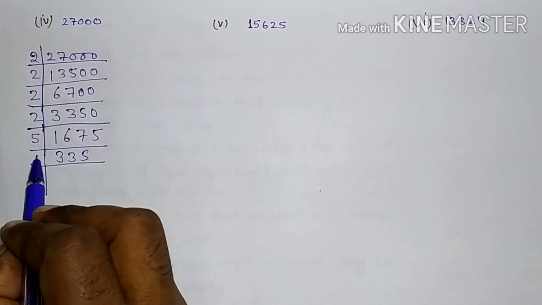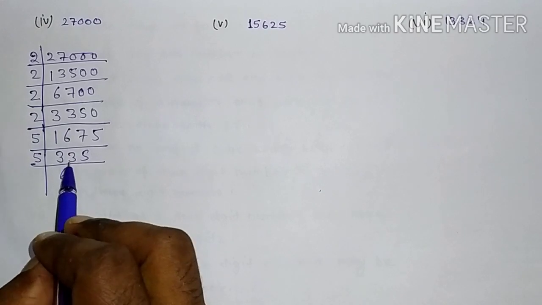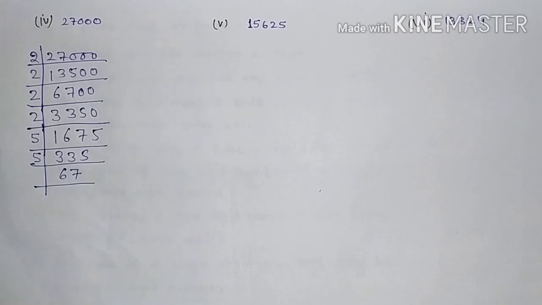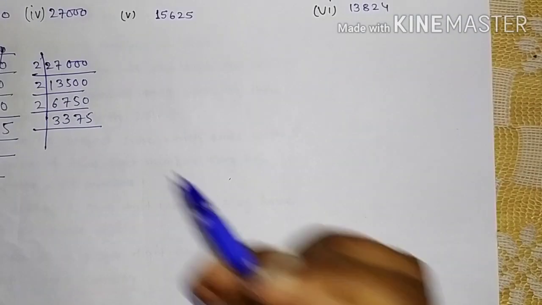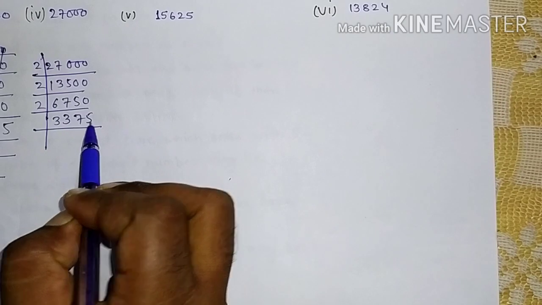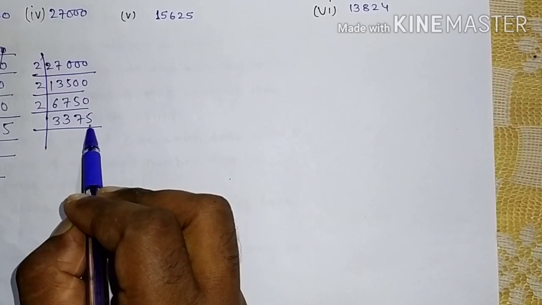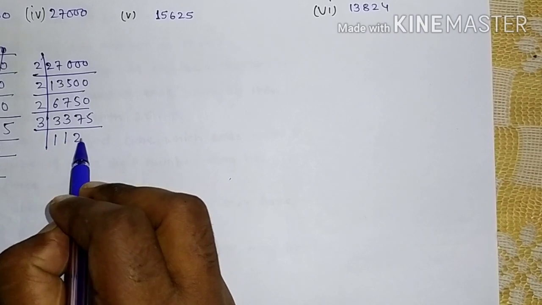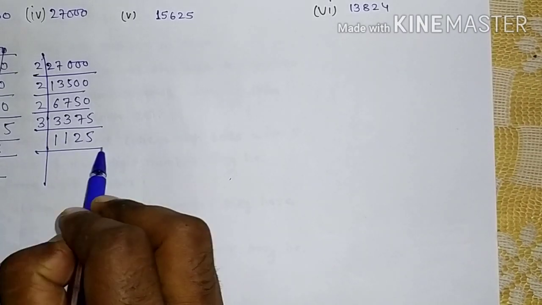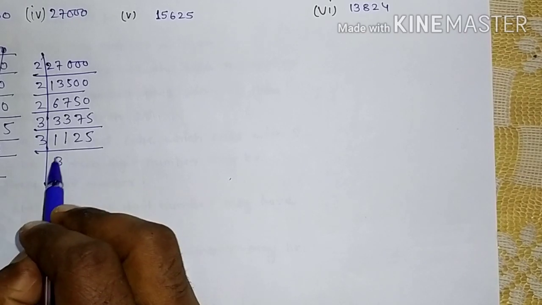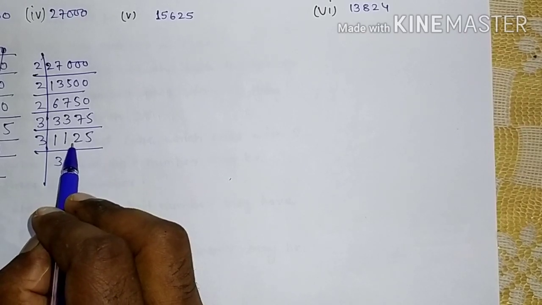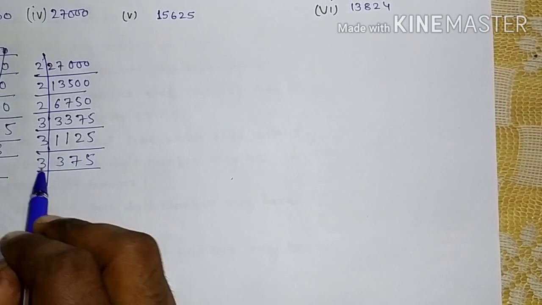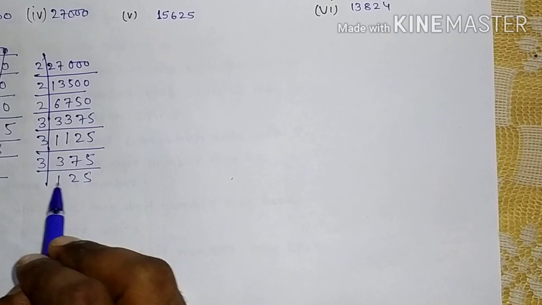Again divide by 5, so 5 6 ja 30, carry 3, 35, 5 7 ja 35. So 3375. So unit digit is 5 here, so we can divide by 3 here. 3 1 ja 3, 3 1 ja 3, 3 2 ja 6, 3 5 ja 15. Again divide by 3, that is 3 3 ja 9, that is 22. 3 7 ja 21, 3 5 ja 15. Again take 3 here, 3 1 ja 3, 3 2 ja 6, 3 5 ja 15.